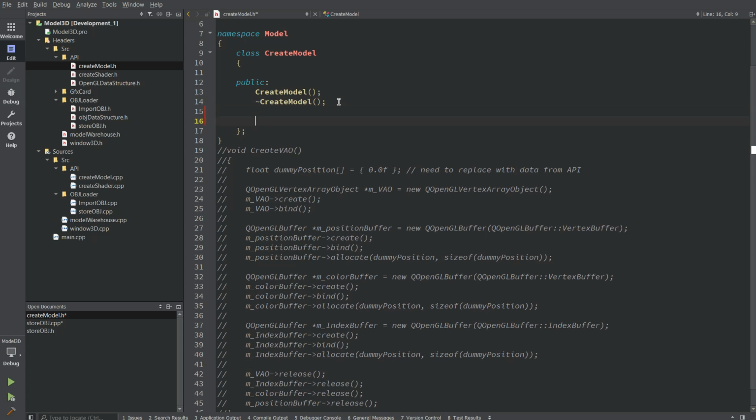So let's program something. We're going to need just that data, aren't we, really? And it's going to come in as arrays or pointers. So here we can make some pointers. We can have an unsigned int star index data,